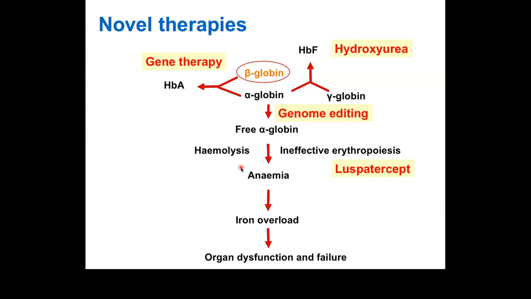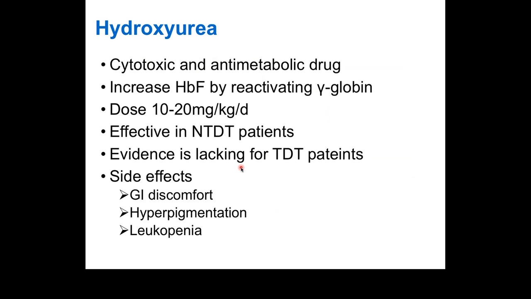Two pharmacological therapies which are showing some promise are hydroxyurea and luspatercept. Hydroxyurea induces hemoglobin F, whereas luspatercept is an inhibitor of ineffective erythropoiesis. Gene therapy can be used to correct the abnormal beta globin gene as well as to address the alpha to beta globin imbalance by either inducing gamma globin or reducing the alpha globin synthesis. If we discuss one by one briefly,